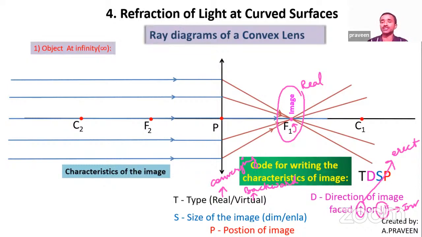T, type of image. It is obtained by actual converging of light rays, so we can write it as real. So the first one is real. The next one,